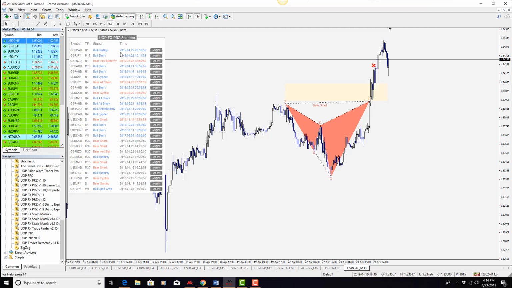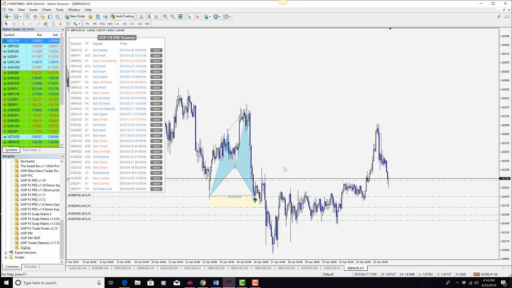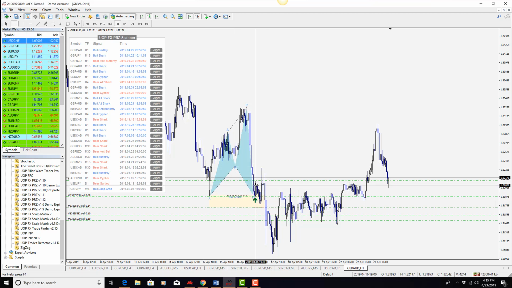Like I was saying, guys, blue and red, those are valid patterns. The ones in gray, those are ones that failed. Just because these are blue and red, that does not mean that you're going to have a successful trade. Some of these, even though it's a valid pattern, they will hit the stop loss or they will go the wrong direction. For example, this G-Alt, you see that it reversed in the price reversal zone. And it did go up, okay, from here. So we got in here and it went up, let's just say 30 pips. Okay, so if you were watching that closely, you could have possibly gotten out of that trade, but if you were not,